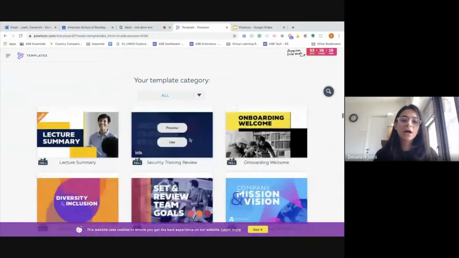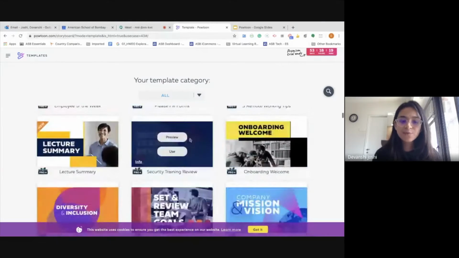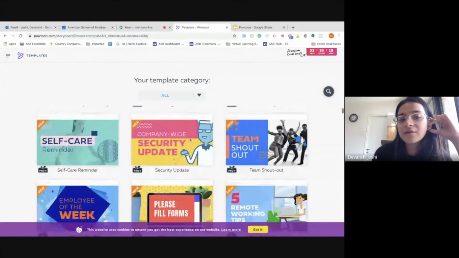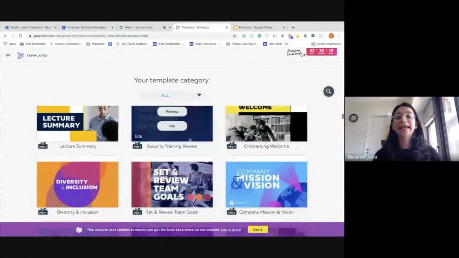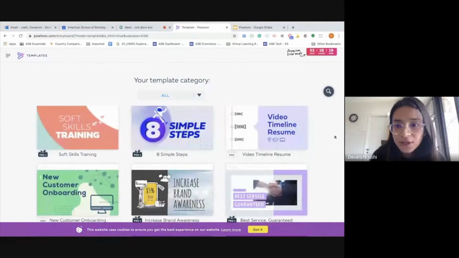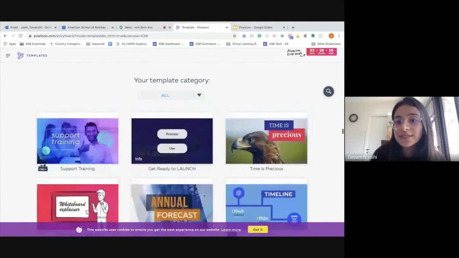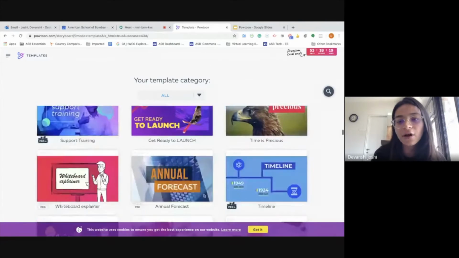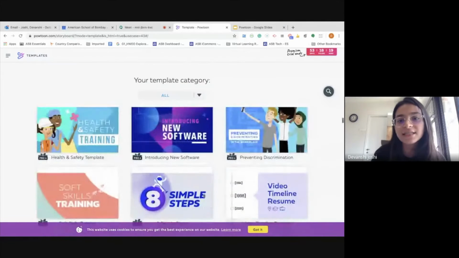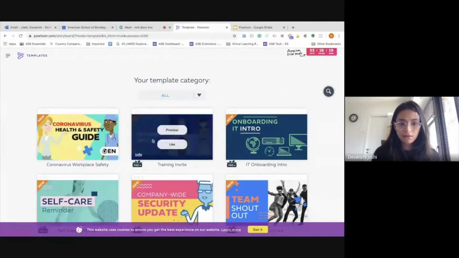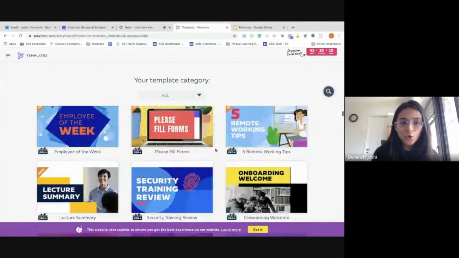One of the templates is 5 facts for creating a video. So if you're looking at a new unit or if you're looking at introducing a new concept, you could use that template. Let me have a look at it. Oh yeah, you could use that template to create a video on 5 different facts that you want to talk about. There is also a template for...